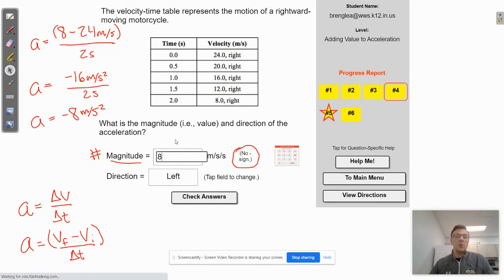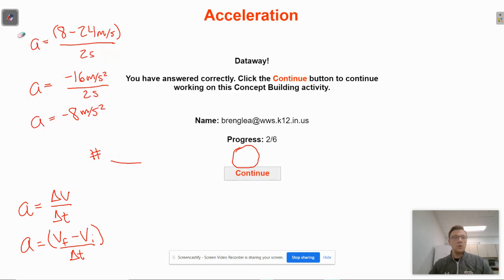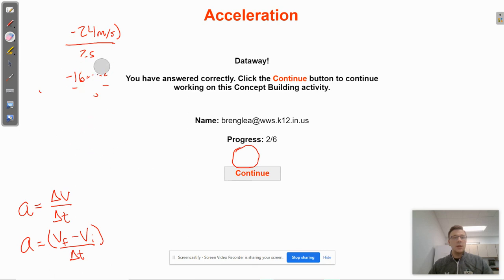Okay, so remember, the negative sign just tells us direction. So in this case, we are identifying the direction as either left or right, so we do not need to include the negative sign. If this were a math problem and you were actually solving for this and putting it down like on a quiz or a test, and I didn't give you a left or right direction, then you would have to leave the negative sign in there. Okay. So we'll go ahead and erase this, and we'll do one more example here, and then you guys can